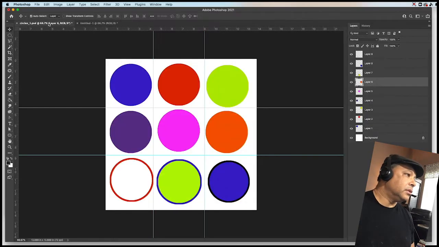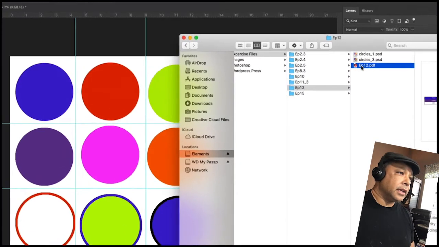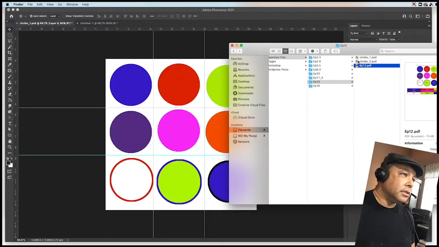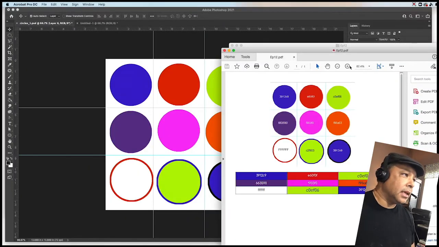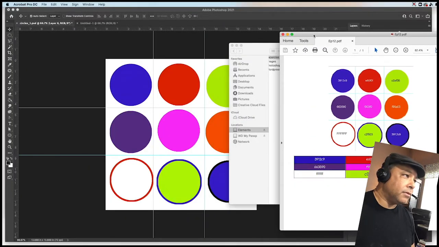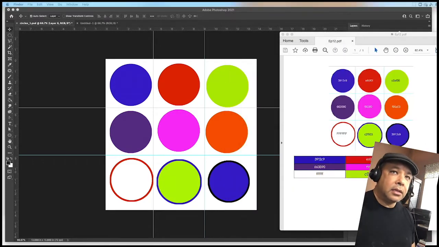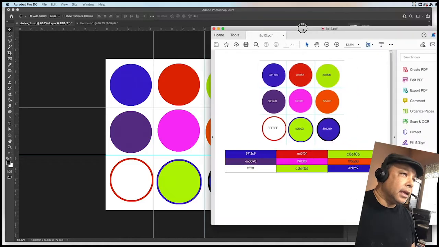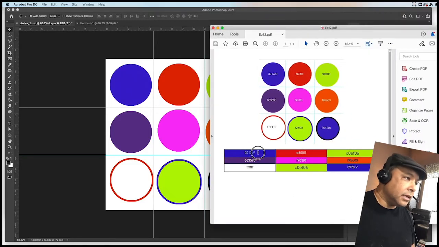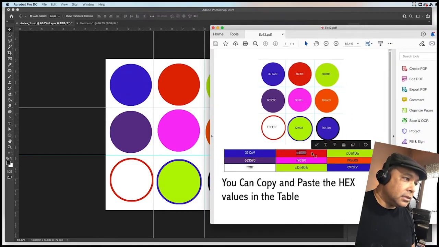Next thing we're going to do now is create the circles, okay? Here's a PDF inside your exercise file. First and foremost, just go ahead and open it up, and it'll open up in a PDF format. Okay, let me go ahead and unclutter this. There we go. And I have the PDF here, and as you can see, I can copy all these hex